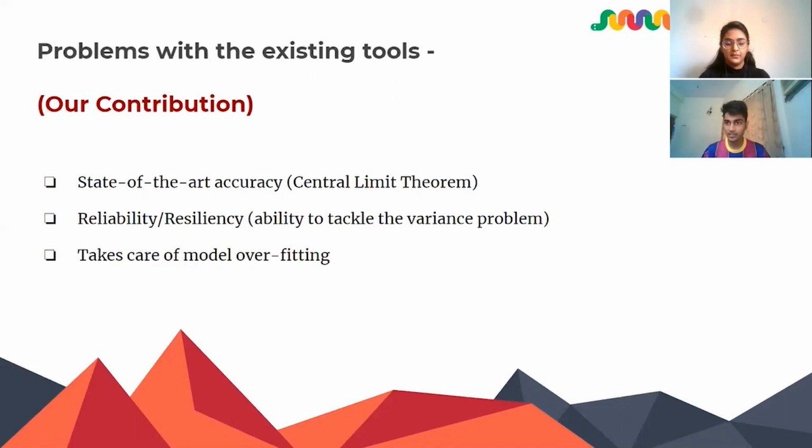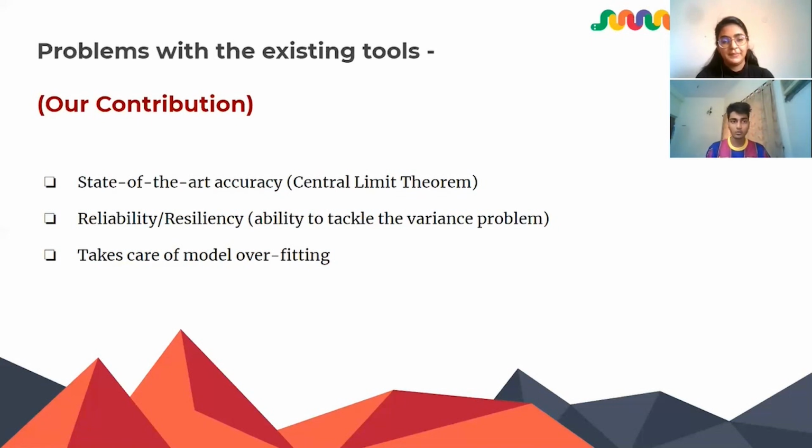Second, as my co-presenter previously talked about the variance problem, we take care of that because our model has been proven to work excellently well, especially on unseen examples which were definitely not part of the train set. And third, which was again proved experimentally, the problem of overfitting. We will show you the performance analysis, and how our model did not overfit. Although our model did overfit, the ratio was very low, as in it probably overfit 1 out of 15 times it was trained. So I think that's a very good step and a starting point in a very positive direction.